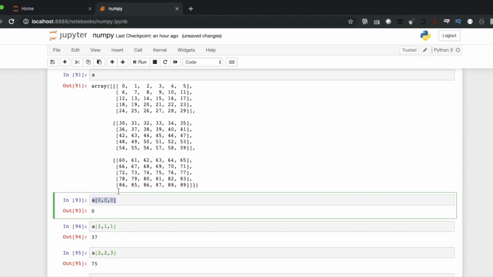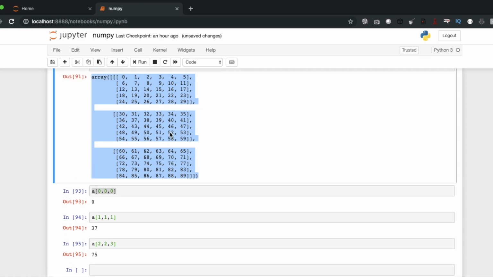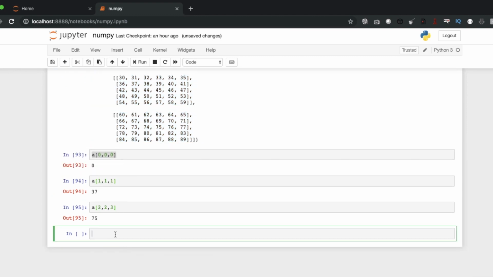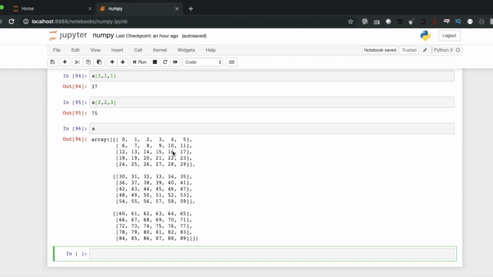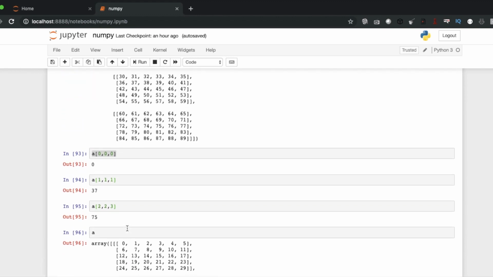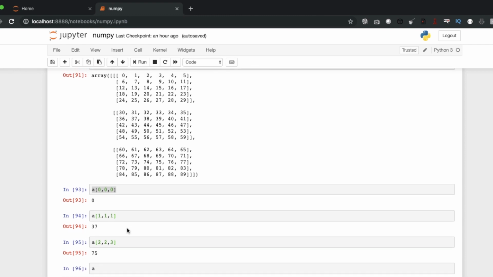Okay, so the next thing is slicing. I think I have already covered the slicing operation in the list, but again I'm going to do this. So let me print this array once more. Sorry, I'm also live via Webex, and some of my other students are taking notes from this, so I'm keeping it open for some time so it will be easier to understand. Just give me 2 minutes.